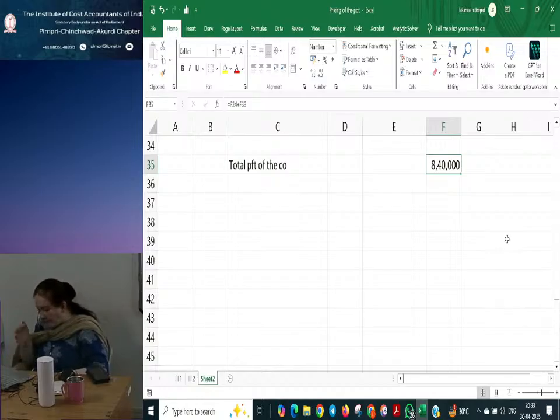Okay, and then we have the third proposal. So you can take the third proposal for practice and calculate the profit of the company. Be careful while you do the adjustment for the variable cost. Please give the impact of the number of units, if it has gone up or gone down. And fixed cost remains the same unless they mention that there is an impact on fixed cost. Can you take that for practice? And then in our next session we will compare all these 3 decisions and write our conclusion.